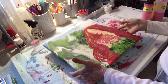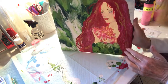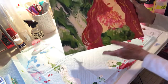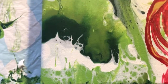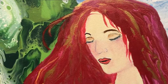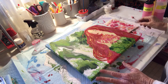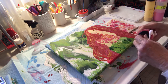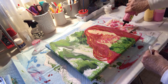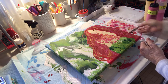All right, this is pretty much finished, and I played around with it off camera. I added some green, more green along the bottom. I also played with the hair and did a few more things in the hair area. And then the flowers, I wanted to do that on camera, but I ended up doing it off, and I apologize for that. So I'm going to show you what I did to create the little flowers that she is holding. Basically I poured it on this parchment paper,